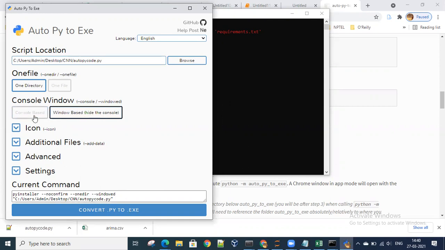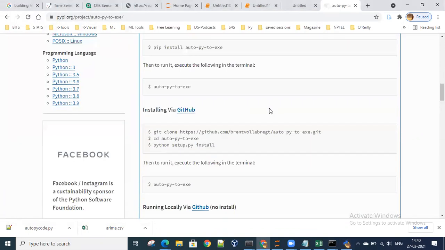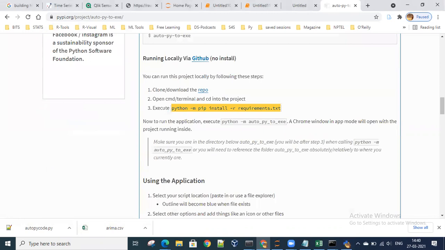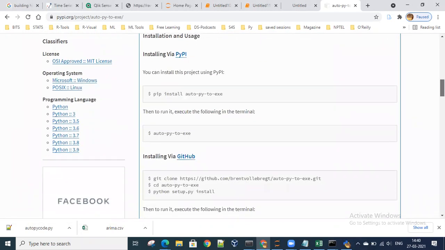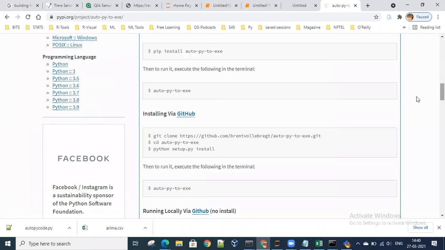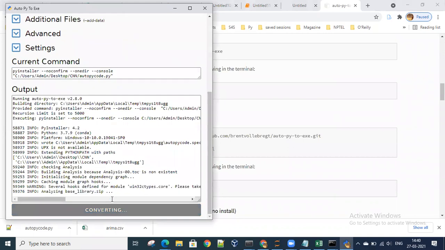Write the console, or let me try both. Okay. How it is written here. Console based. It's converting and making the output.